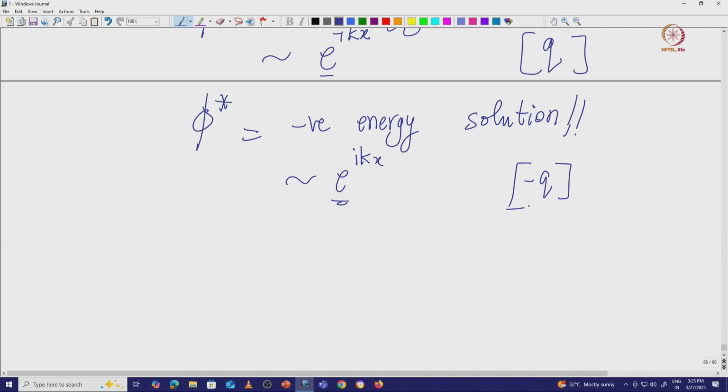Both of them together are existing. It is a two particle solution first of all. We are no longer dealing with a one particle solution. The Klein-Gordon equation necessarily becomes a two particle solution with one positive energy, another negative energy, and each of them having opposite quantum numbers essentially, or electric charges. So this is the interpretation which can be made viable.